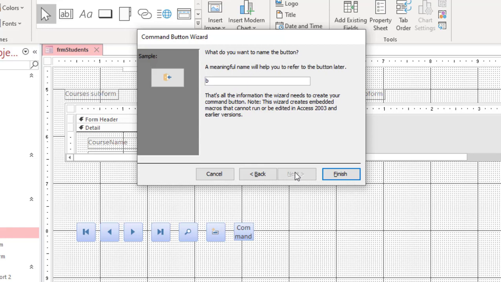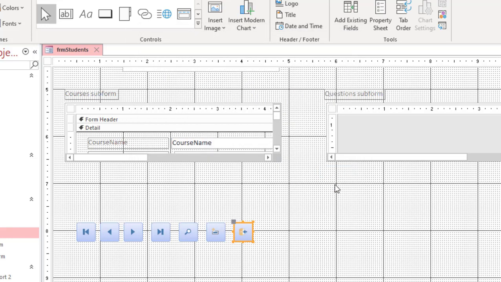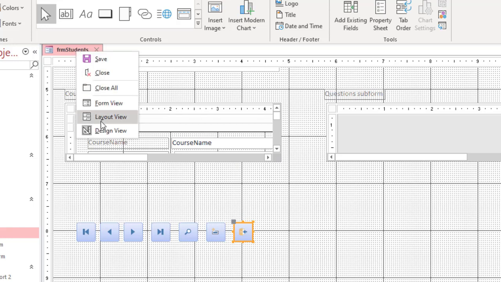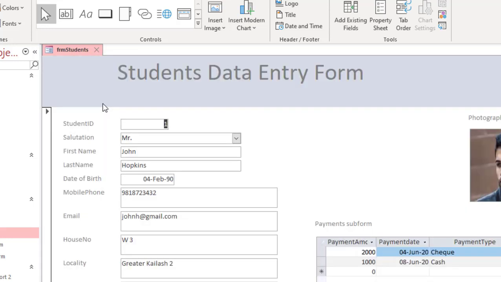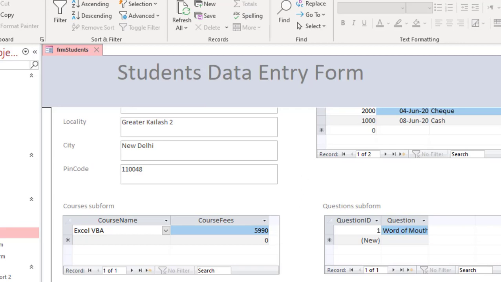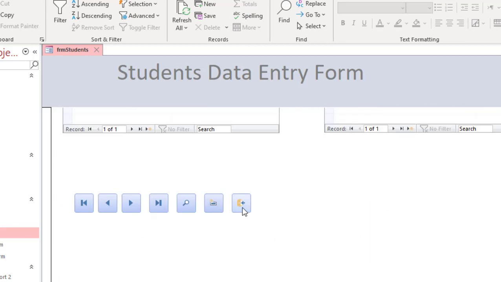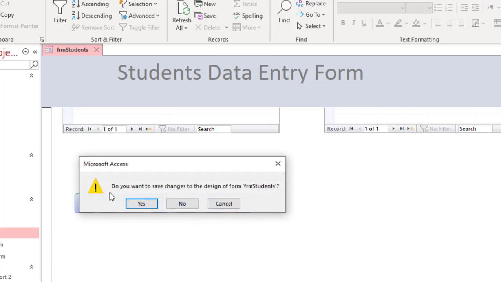And we'll write here BTN close form. Okay, and we'll say finish. So we can go to the form view. When we hover over the button, we can click on it to close it.